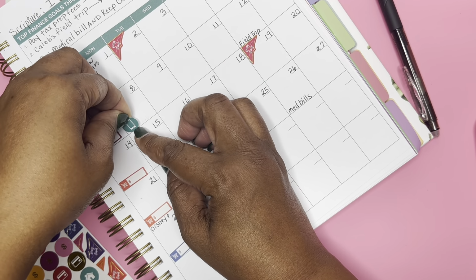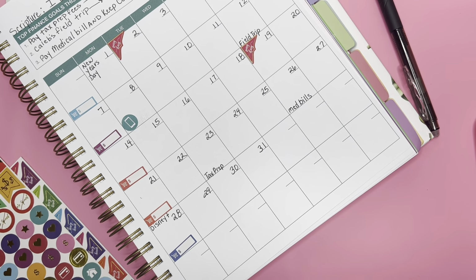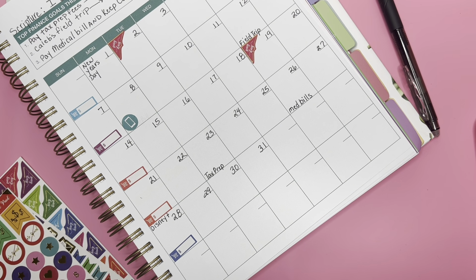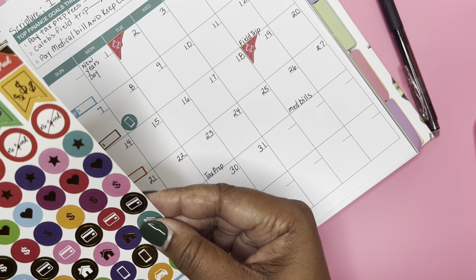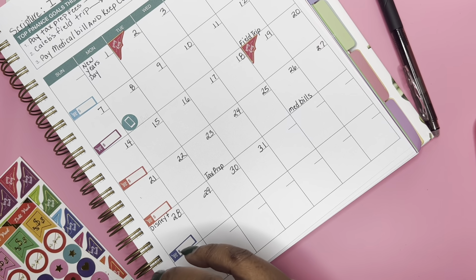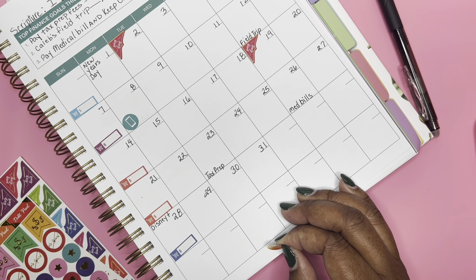Right here is where I decided to use my cell phone sticker instead of writing the word phone bill. It saves space, and I think it's cute. So I'm looking now to see if there's any other stickers that I want to use. And it looks like I have,